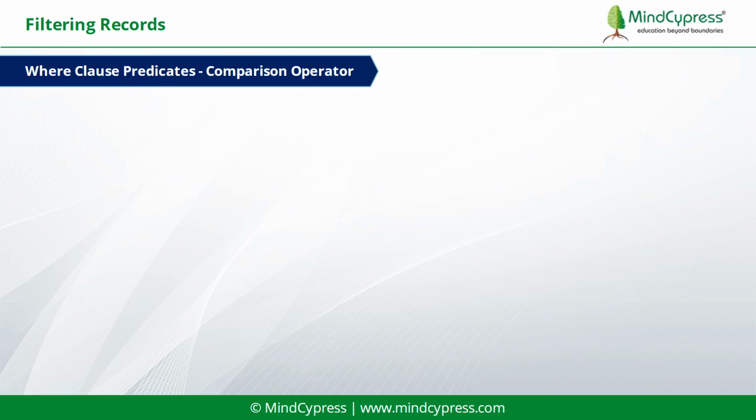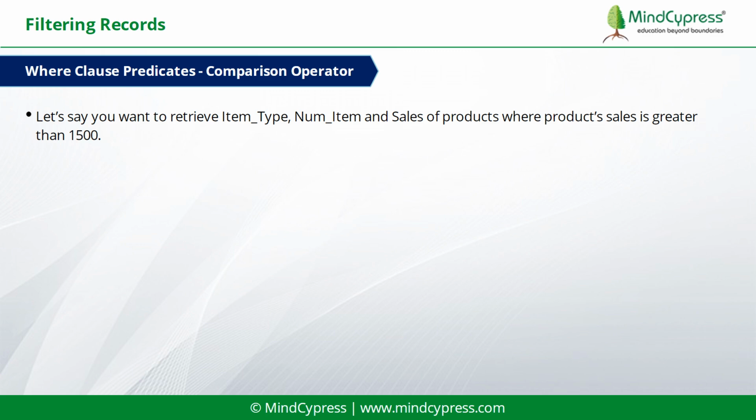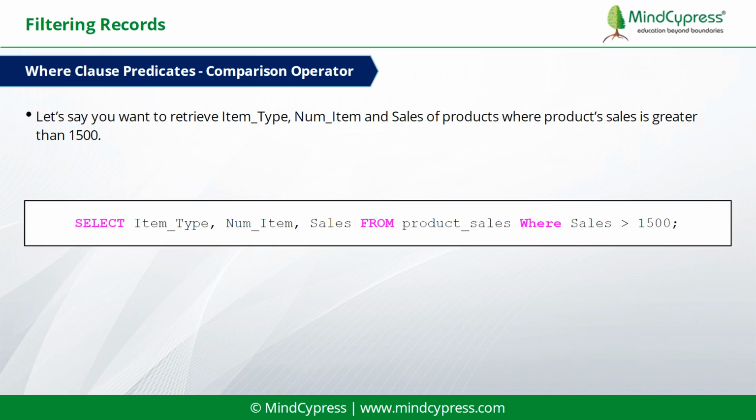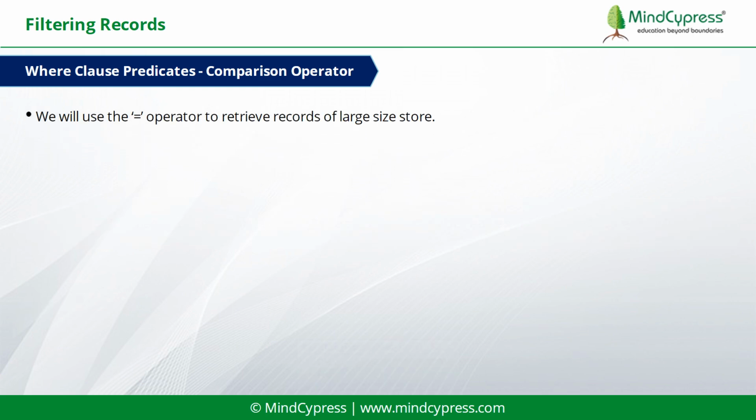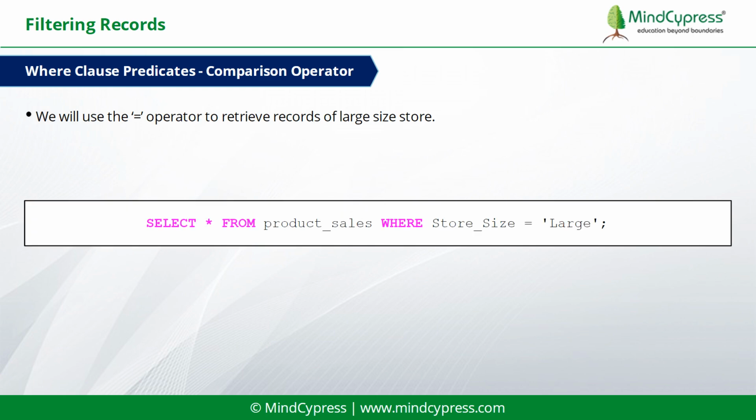Where clause predicates, comparison operator. Let's say you want to retrieve item_type and num_item in sales of products where product sales is greater than 1,500. Output is: We will use the this sign operator to retrieve records of large size store. Output is: